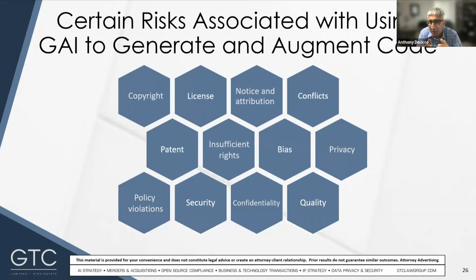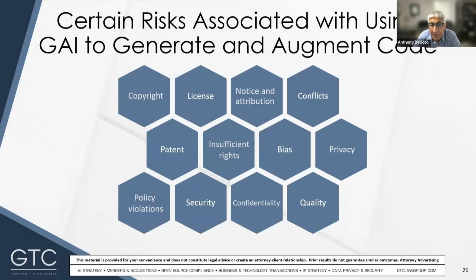So you also need to consider whether this could be a disclosure for patent bar date purposes. Again, I think that's a much lesser consideration than the core confidentiality concern. Privacy issues is not one that people typically think of with respect to GAI generated code, but there could be disclosure of personal information in certain circumstances, possibly in the code comments or in the content the GAI tools suggest.